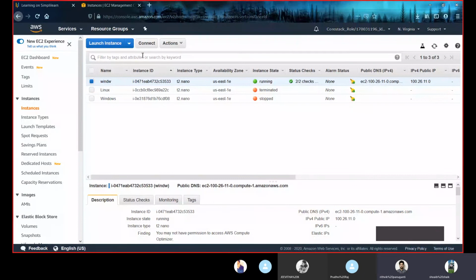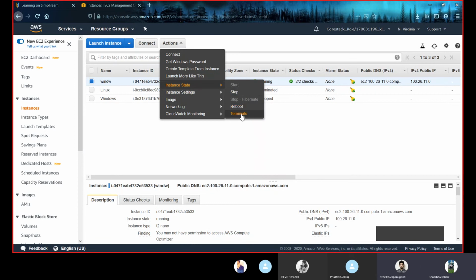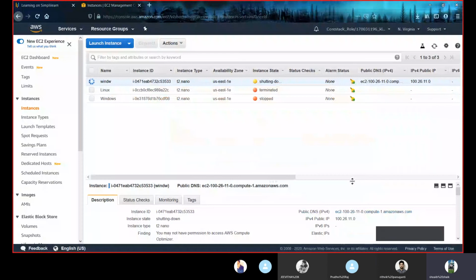Click yes and connect. Then you'll be redirected to your Windows server. After connecting, you can use it. After finishing your usage, make sure you disconnect it. I showed you how to disconnect. Then get back to your console. And as I told you, let us terminate the instance we created. So yeah, this was all about launching and connecting to a Windows instance.